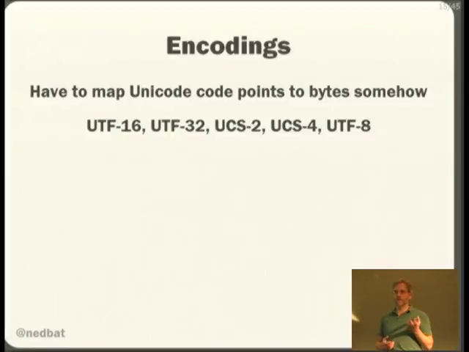But we still have a problem. Remember, fact of life number 1 is that computers only deal with bytes. Right? We've got this Unicode thing, which has 1.1 million integers. Do the math, those won't fit in a byte. We've got to figure out a way to communicate those code points in bytes. And the way Unicode does that is it defines a handful of encodings. And encodings are schemes by which you can take code points and represent them as bytes in a bidirectional fashion so that you can convert them into bytes, transmit them, and then convert them back into code points at the end. There are a number of different encodings.